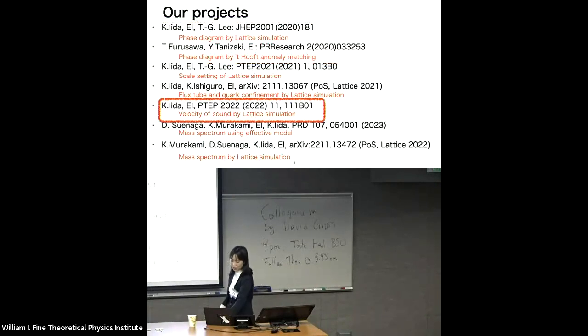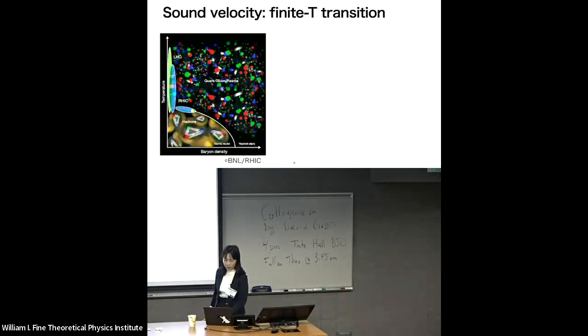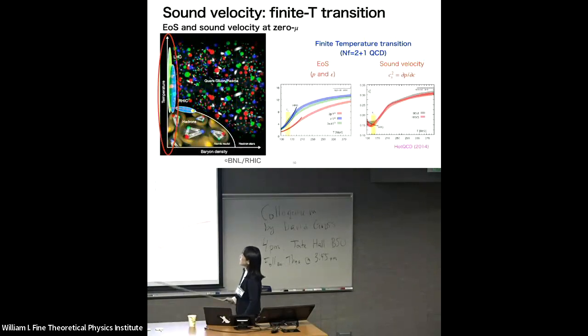And the main topic is based on this paper. We investigate the velocity of sound using lattice simulation. Okay, so first of all, I'd like to talk about what the sound velocity is. Again, this is a QCD phase diagram. In the case of three-color QCD at finite temperature, we have a finite temperature phase transition around 150 MeV, and this is a plot of the obtained lattice result of the equation of state